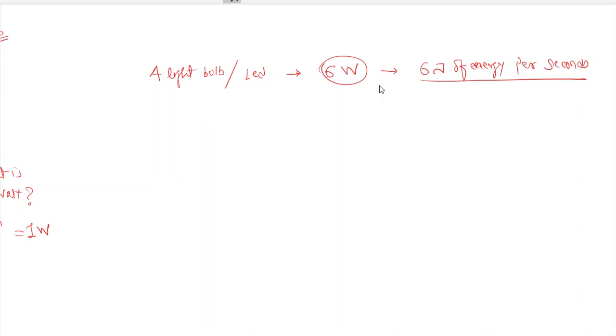That's the meaning of 6 watt. Okay, so you will say, 6 watt is not a big number. We can use watt as the unit, or we can use joule as the unit of electrical energy. Why kilowatt hour? Let me ask you, do you have only one bulb in your home? No, there are so many bulbs. Say you have 10 light bulbs. So 6 into 10 is 60 joules. Still the number is very small.